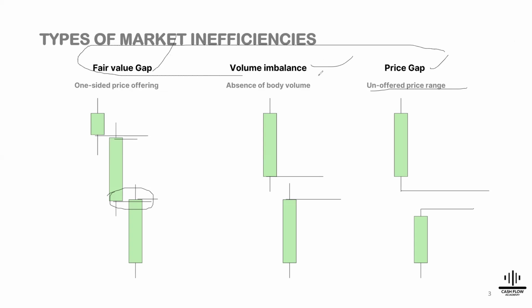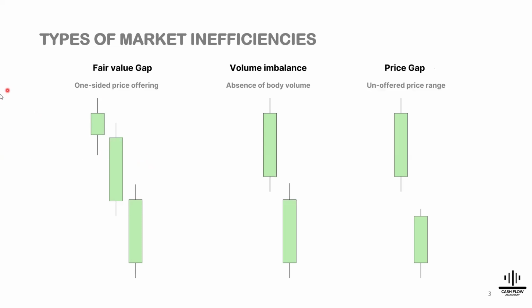These three are all market inefficiencies. Now I'll say it here, they all function similarly. Like I explained in the previous slide, when market leaves an area of inefficiency, price usually gets back to that point. So we are expecting price to return to this area of inefficiency, area of imbalance, to balance it out before